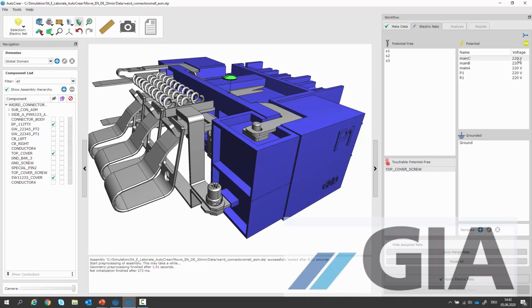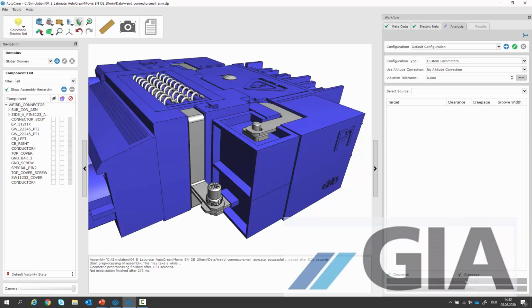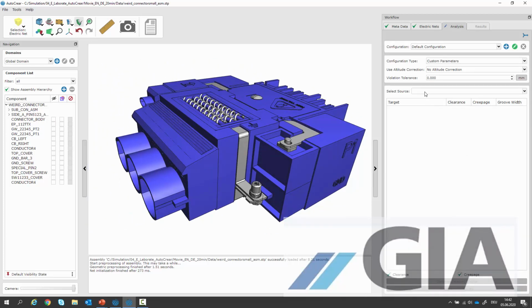Next step, I'm defining some voltage values for my components. Here we have around 100 volts, 200, 320, minus 100, and minus 60 volts. Okay, I'm applying my nets, and as a next step, I'm just checking one source, maybe between main B and